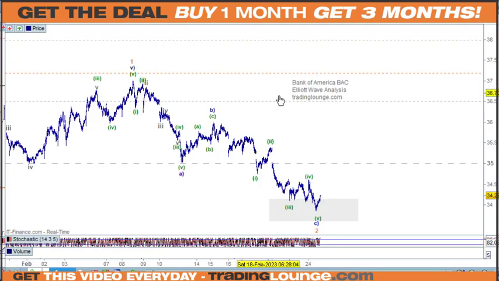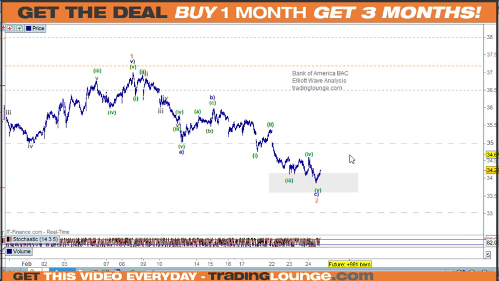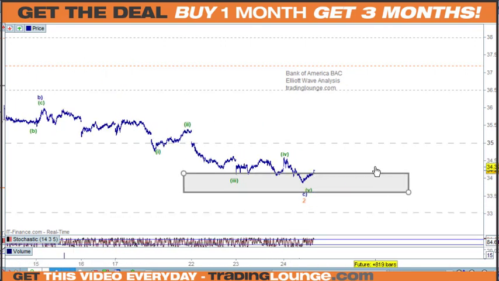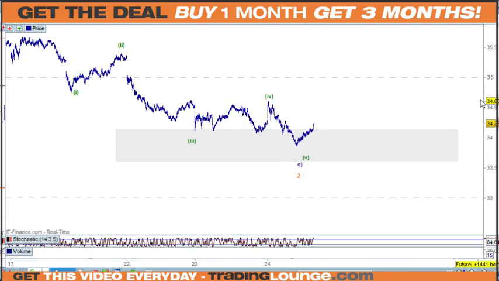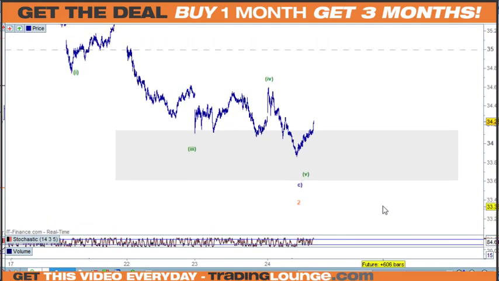And Bank of America. So we're in the box, our target area. Have we got the right count from wave 1 down to wave 2 as the A wave, the B wave, and the C wave here? It's a bit of a rickety ride in terms of 1, 2, 3, 4, a bit of overlap there, and wave 5 here. But it's a nice third wave here. Wave 4 is complicated, so it's good. Do we have that wave 5 in here? Do we need to come down further? I'm not quite sure, but